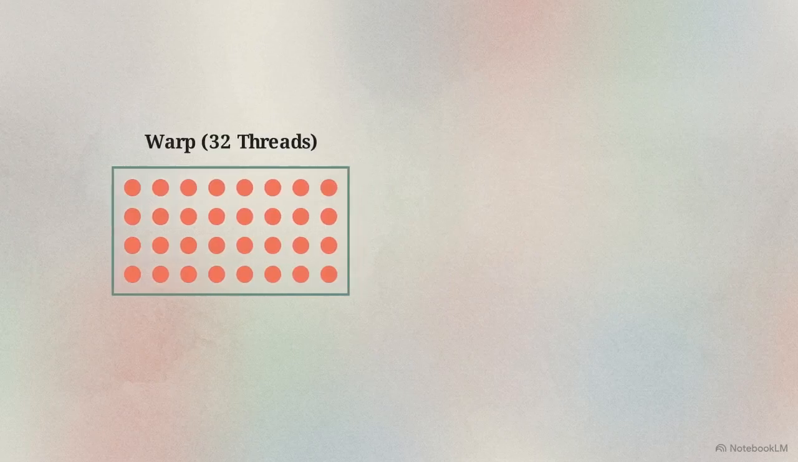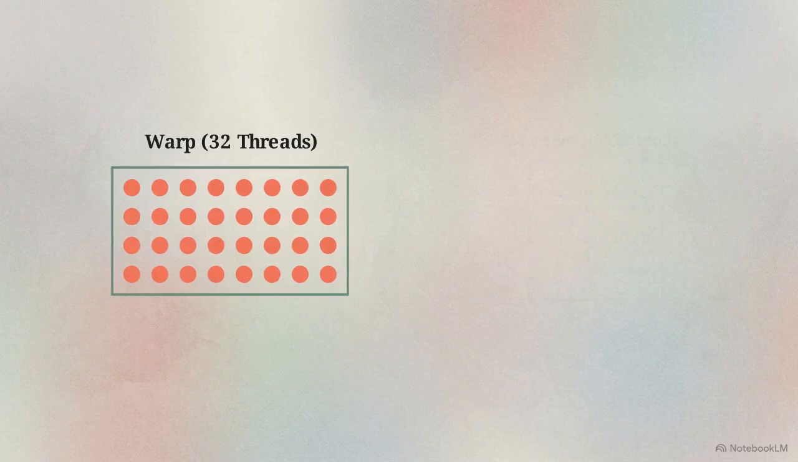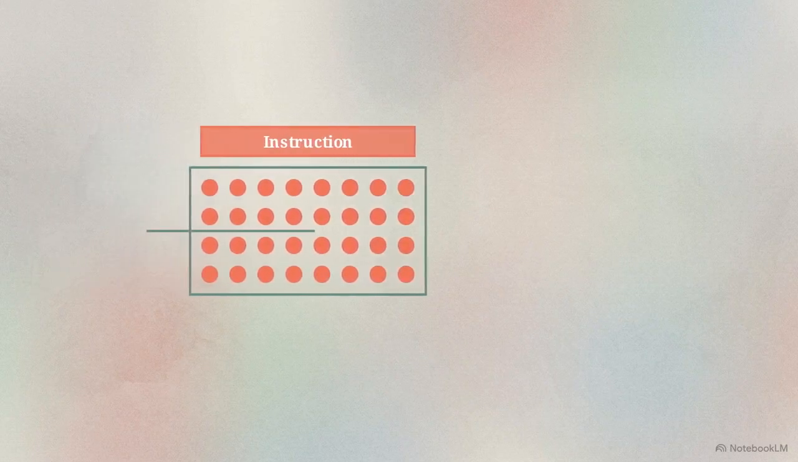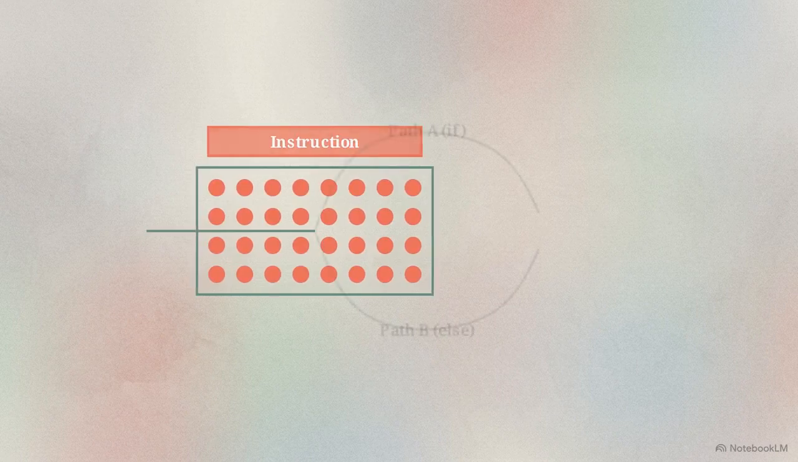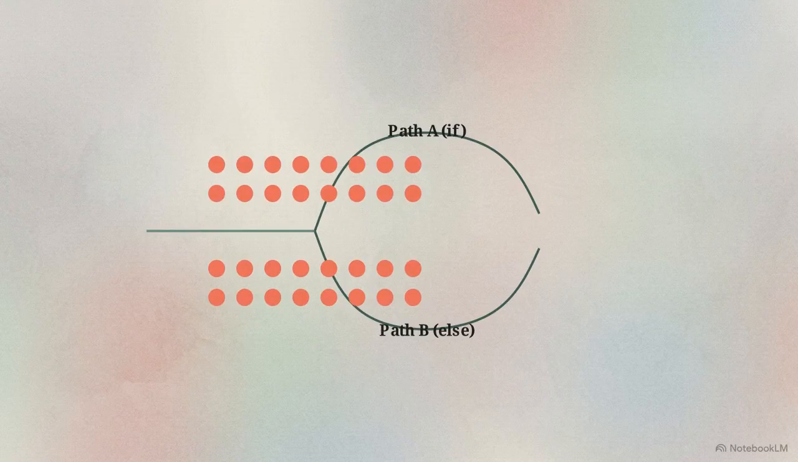NVIDIA hardware binds exactly 32 threads into a single execution unit called a warp. For comparison, AMD's architecture uses a 64-thread grouping called a wavefront. Both vendors use these rigid blocks as the primary unit of scheduling. This is the single instruction, multiple threads, or SIMT, model. Every thread in this warp receives the same instruction at the same clock cycle, applying that instruction to 32 different